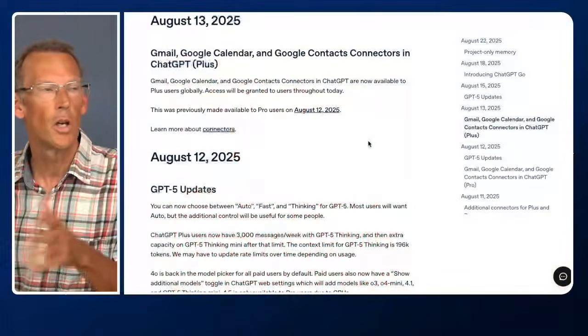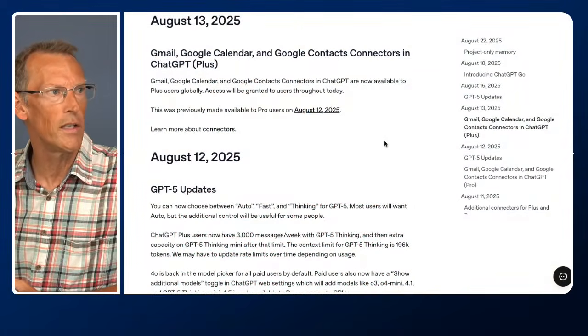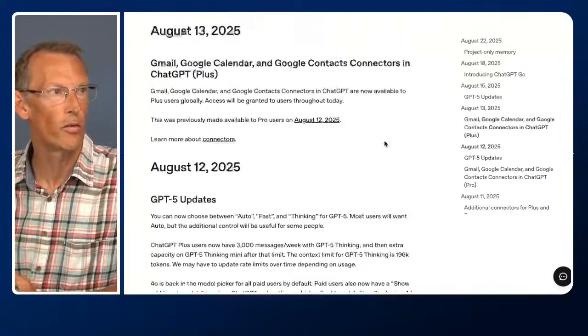Right, another thing I do before we kick off these AI sessions is look at what's new in the world of AI, particularly ChatGPT, because things are changing at such an extraordinary rate right now. Let me pull up a few things that have happened in the last couple of weeks in the world of ChatGPT. I focus on ChatGPT because that's the one that most people use. This is from OpenAI's release notes. If you go here, you can see all the things they've done.